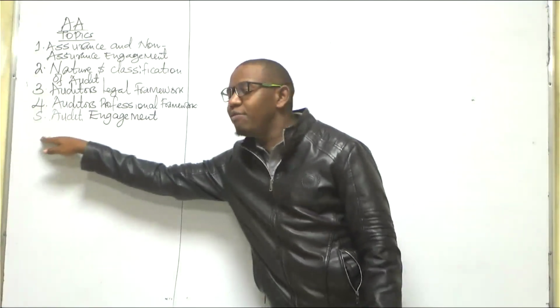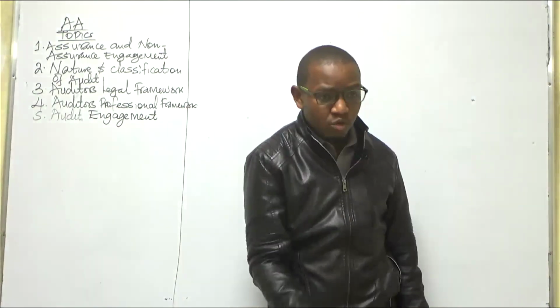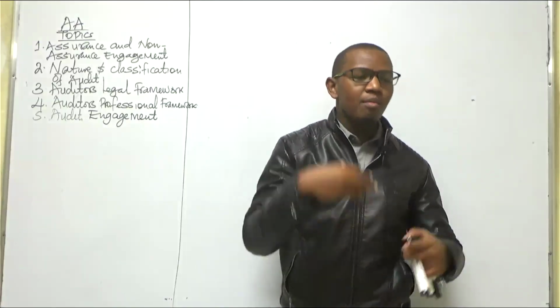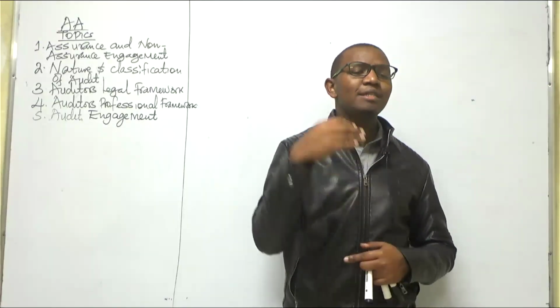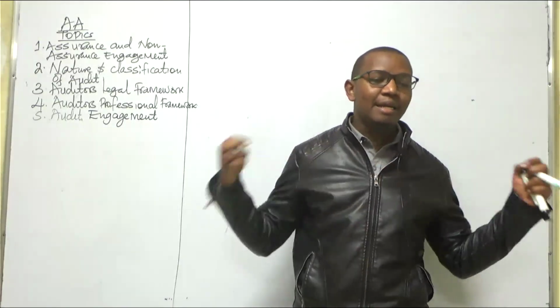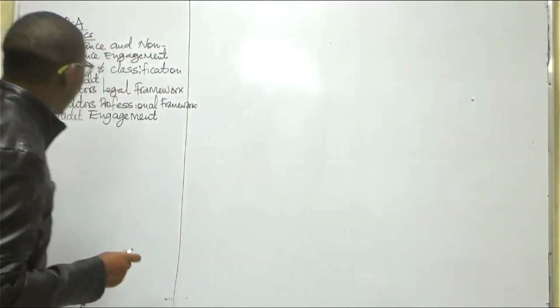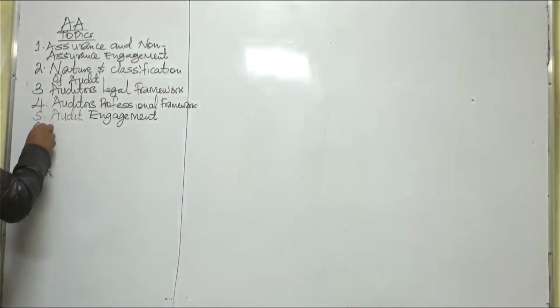So out of the audit engagement, we'll know what an audit cycle is. Then we'll know what is supposed to be done in each and every stage of auditing. That is under the audit engagement. Number 6,